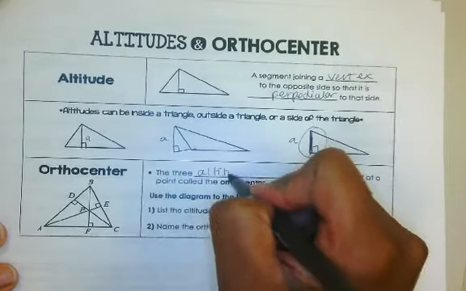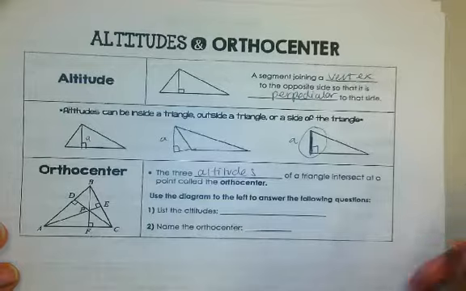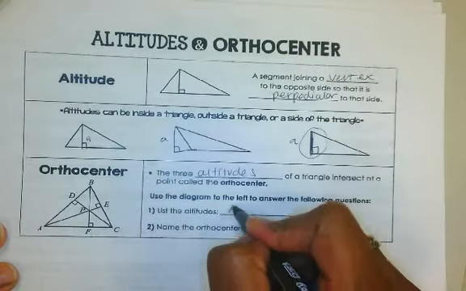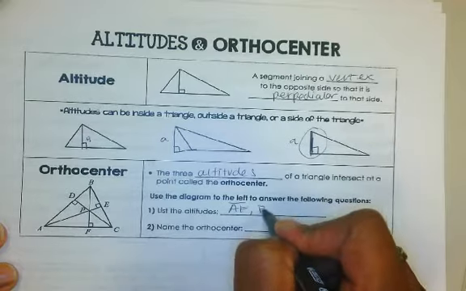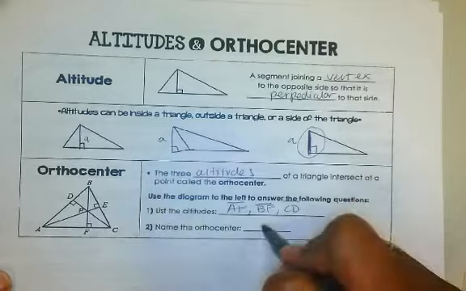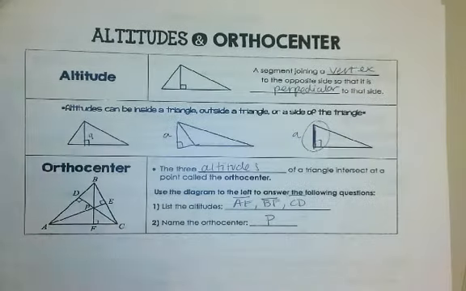So an orthocenter is created by altitudes, okay? And so here our altitudes are going to be AE, BF, and CD. And our orthocenter is just